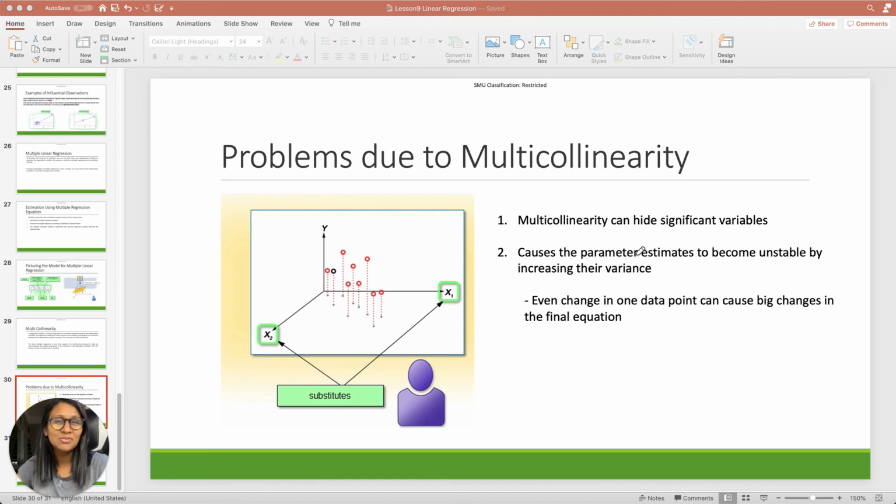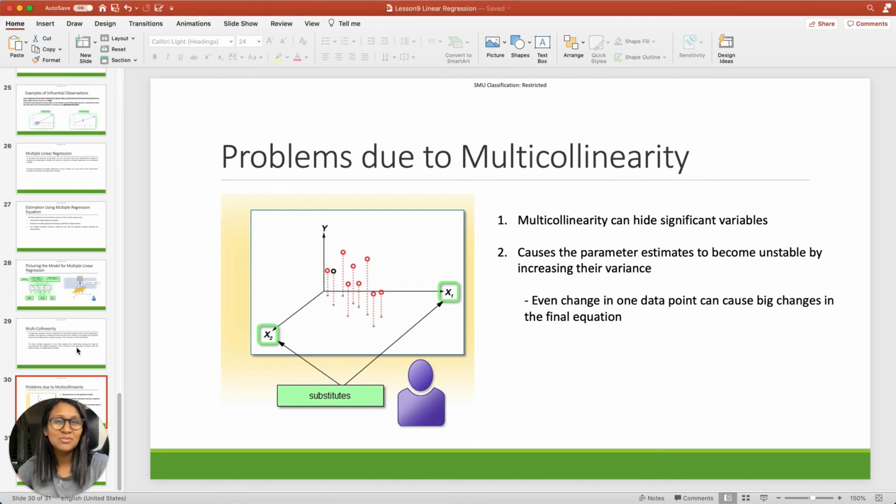But basically what we're saying is that we will check for multicollinearity by looking at the correlation between different x variables, and if there is high correlation between the x variables, then we know that we have an issue of multicollinearity, and that is not a desirable characteristic, and we need to do something about that. What we often do is that if x1 and x2 are correlated, then we can either use x1 or we can use x2, but not both together.